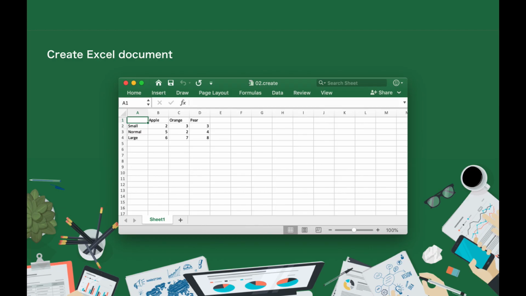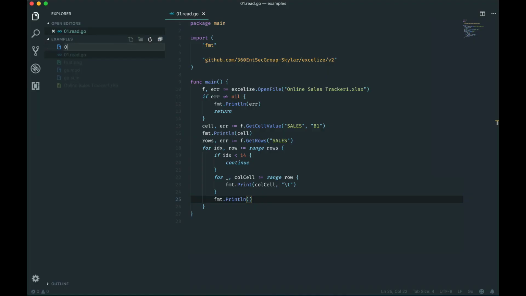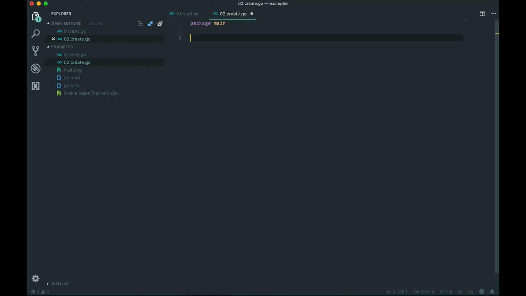In the following example, we write a program using the Go language to generate the document as shown like this. As in the previous example, first import standard format library and Excelize library. Create main function.